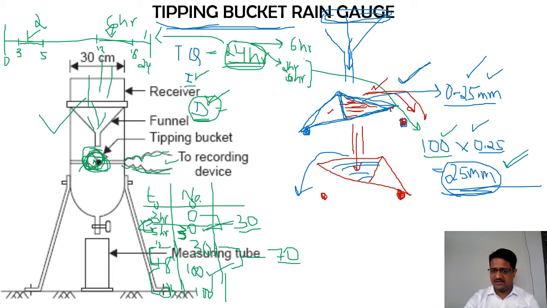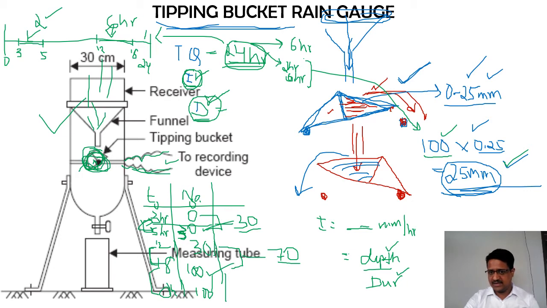Now apart from that, one more thing is how you are going to get the intensity. For intensity it is quite simple. You have already known the amount of time of the rainfall. So for the first section, the intensity of rainfall is expressed in millimeters per hour. What does millimeter per hour indicate? It is nothing but the depth of rainfall which has occurred divided by the duration. So mm is indicating depth, hour is indicating the duration.